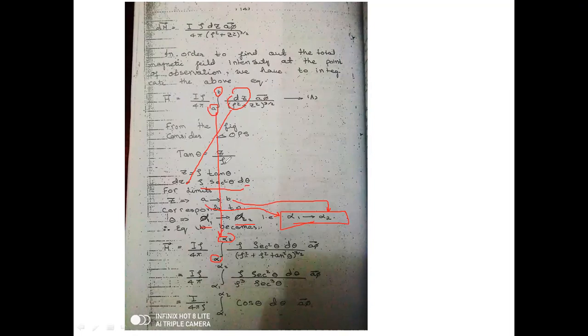So replacing it by alpha 1 to alpha 2, and dz is this, and z is this. Everything is ready, just substitute it. z will be replaced over here and dz will be replaced over here. Taking rho square as common, we will get this. Secant square will be cancelled with this, so we are left with 1 over secant. 1 over secant is equal to cos, and integration of cos is sine.